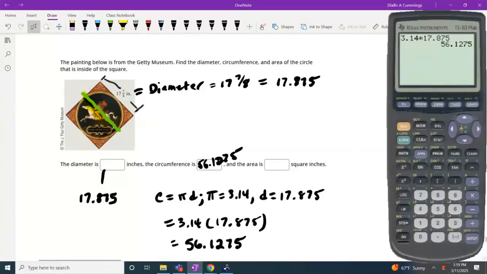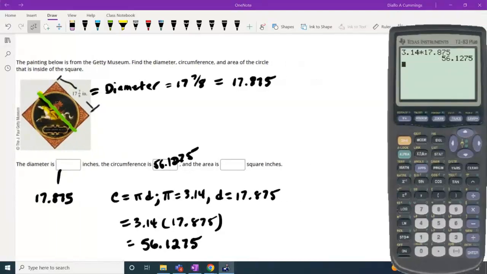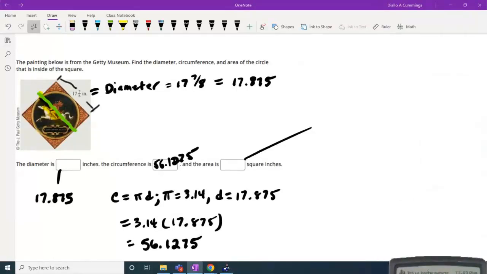And then for the last part, it says the area. So remember that the area for a circle